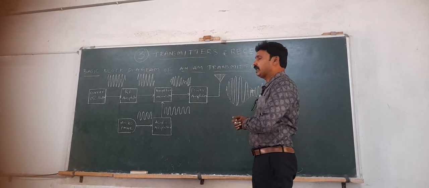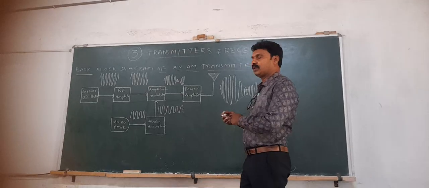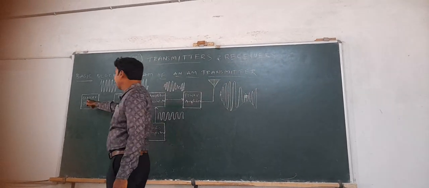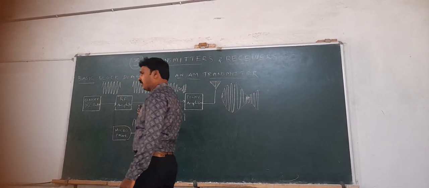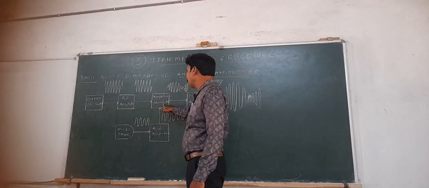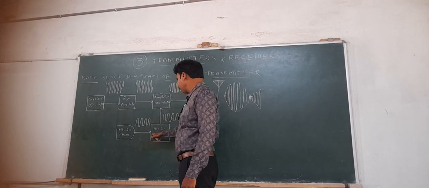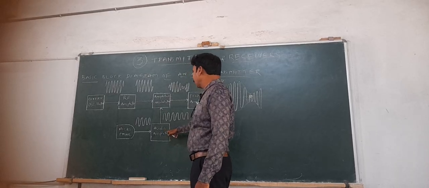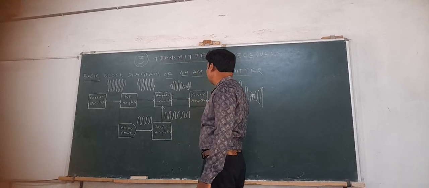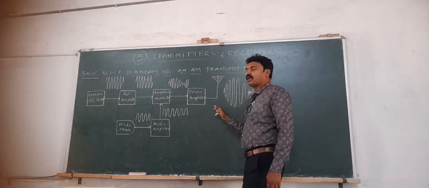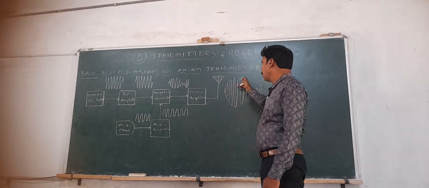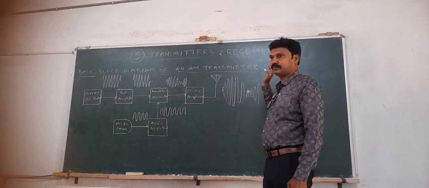For that, it is not produced directly. From the carrier wave to the RF amplifier, to the modulator, and to the modulator again with the microphone output. The microphone output goes to the audio amplifier. Then it is applied to the power amplifier. Now the power amplifier is producing the complete AM wave.